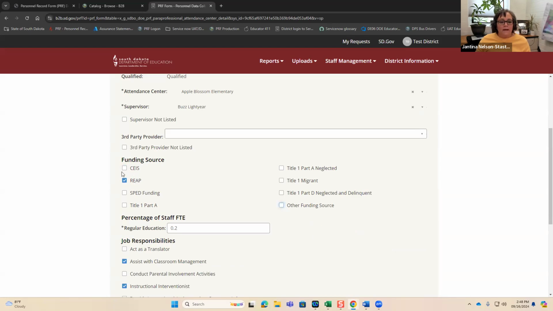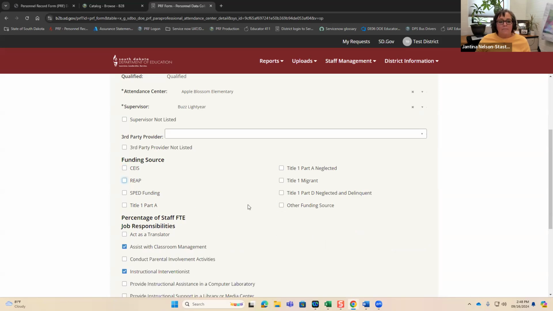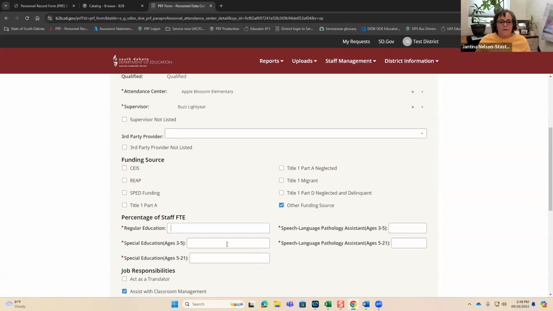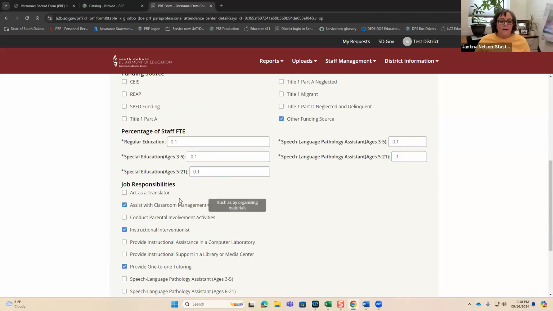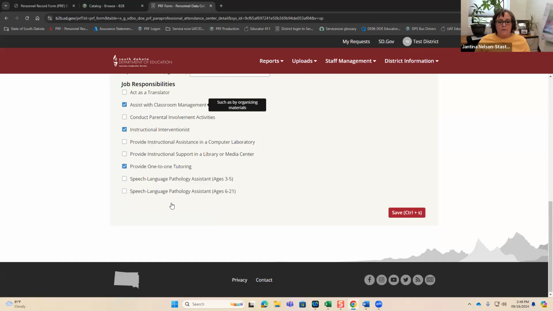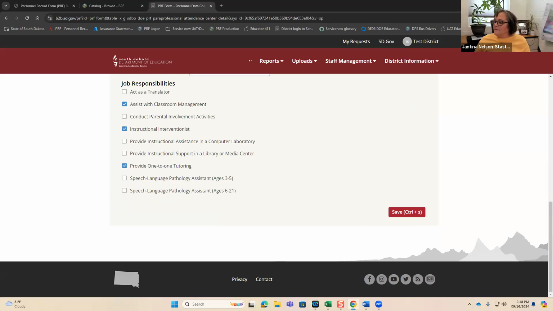It may only, like REAP, you can only serve the regular education. But the other funding source, the students served, you have to break it out by the 3 to 5 special ed and the 5 to 21 or regular ed. Then you have to add their responsibilities and save.